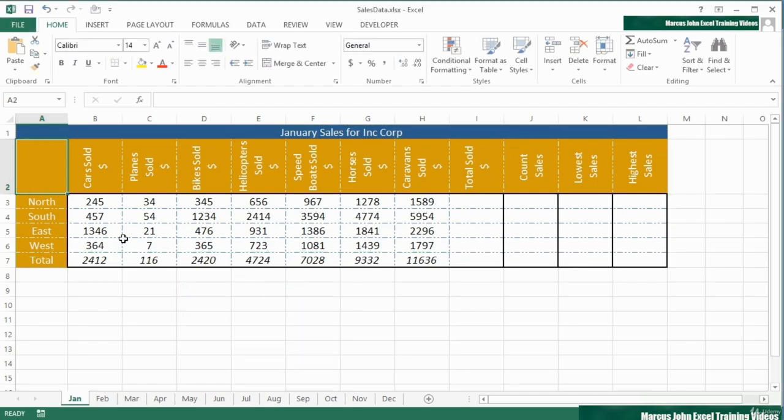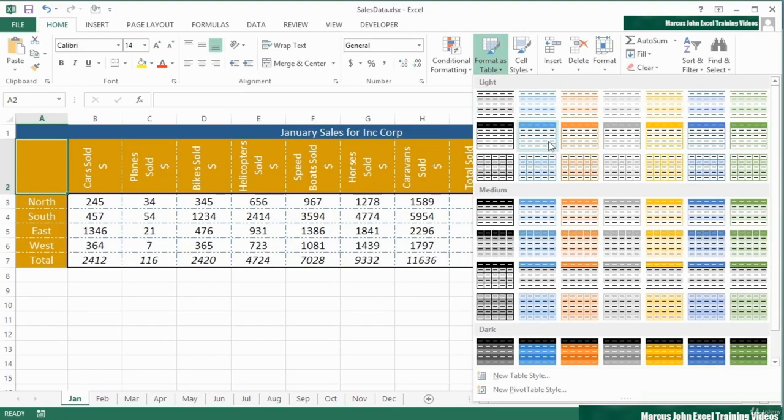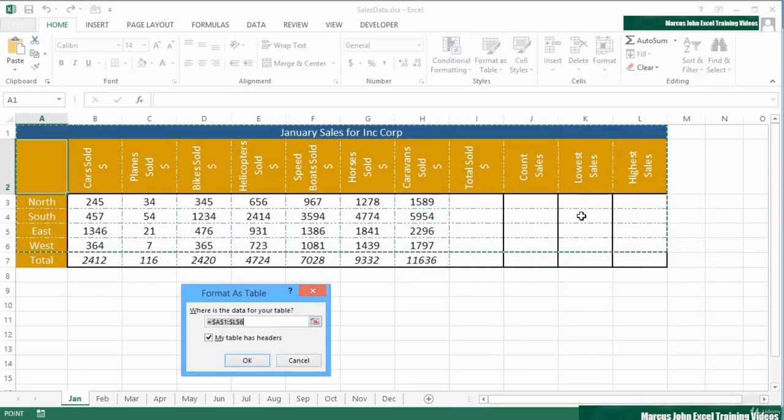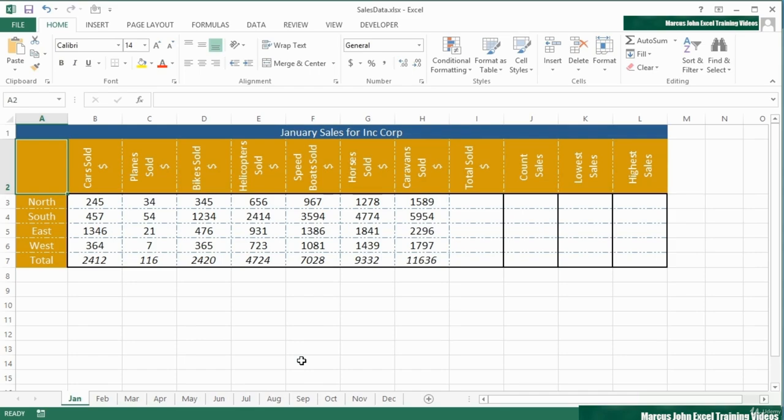Another way of effectively creating this into a little table is to actually just go to the Home ribbon and say Format as Table. Choose one of the table formats that you like the look of. But then the first step before it even thinks about formatting is to create a table. It pops up a very similar box to what we saw. That one said Create Table, this one says Format as Table, and it highlights the same cells where it thinks the data is. We're going to cancel that as well, and then look at the third option,